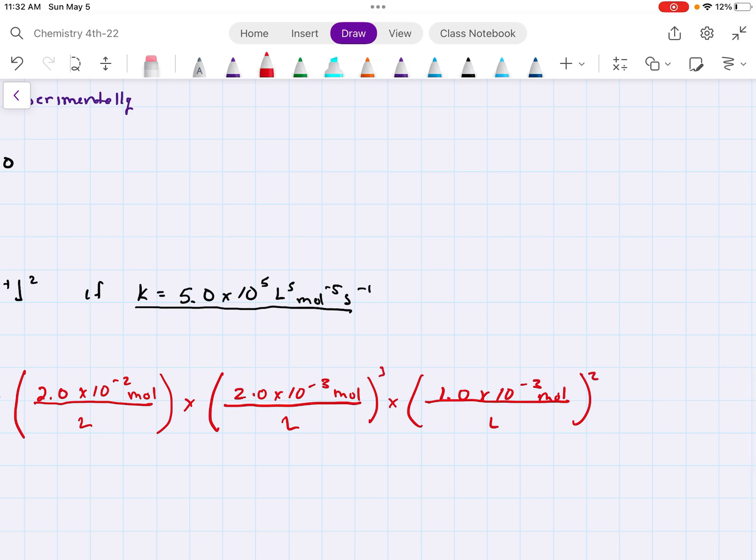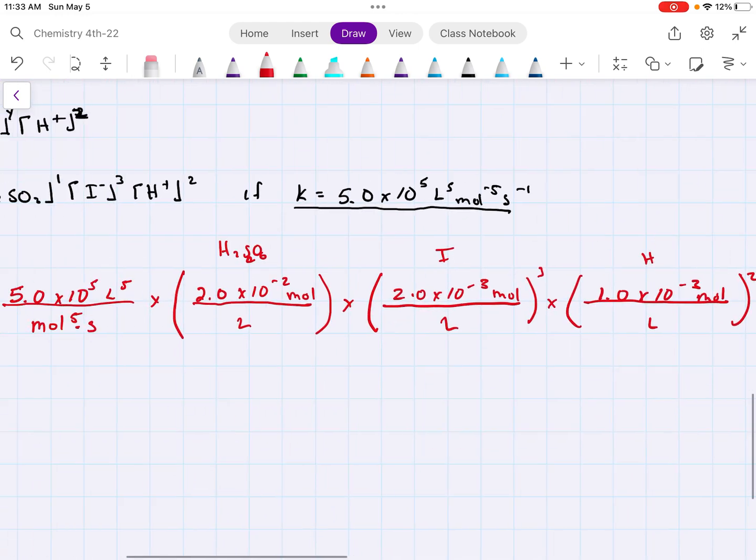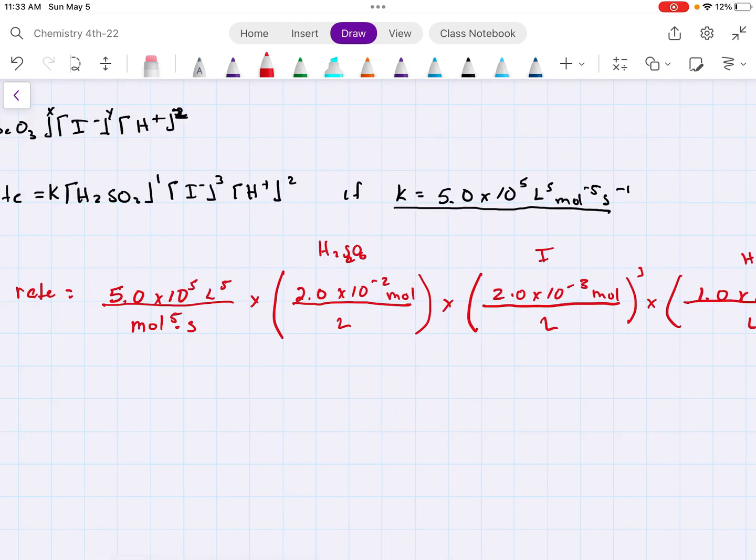This is going to be cubed. Remember that this is the H2SeO3. This is the iodine, and this is the hydrogen, right? Okay. So basically what's going to happen is we're going to simplify this, and we're going to end up with